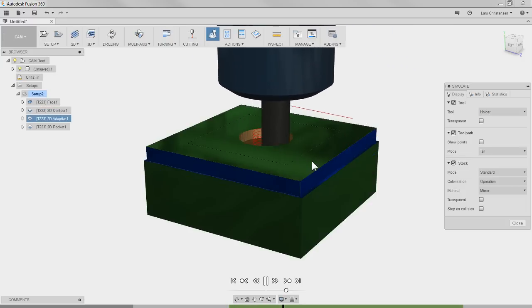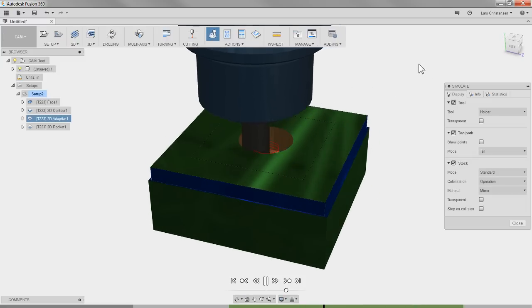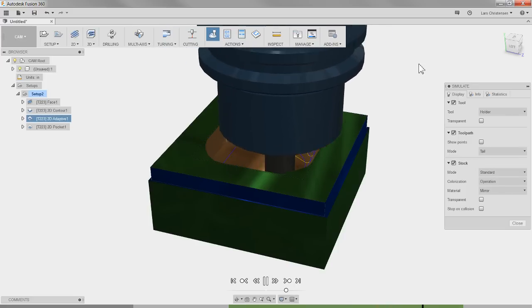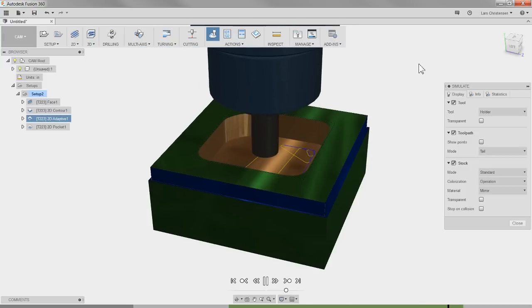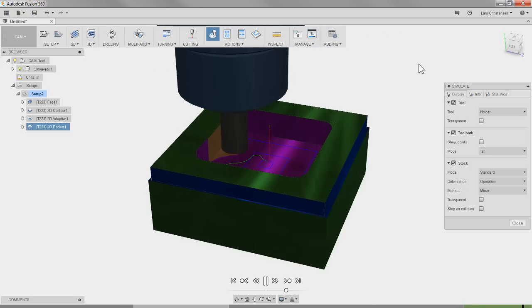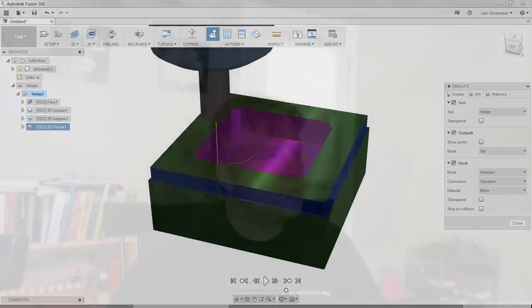0.25 deep. Now here comes the adaptive clearing. It's going to plunge in here, so make sure that your feeds and speeds are fairly conservative. It should leave 20 thousandths on the bottom and on the wall. Okay, now of course, don't walk away from the machine. Just be nice and slow here. And then the last one should come in and pocket out that last 20 thousandths and take care of the wall. When you get to this point, you should be able to take your verniers